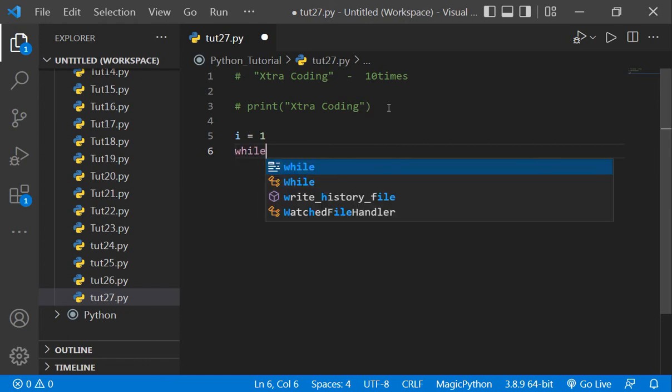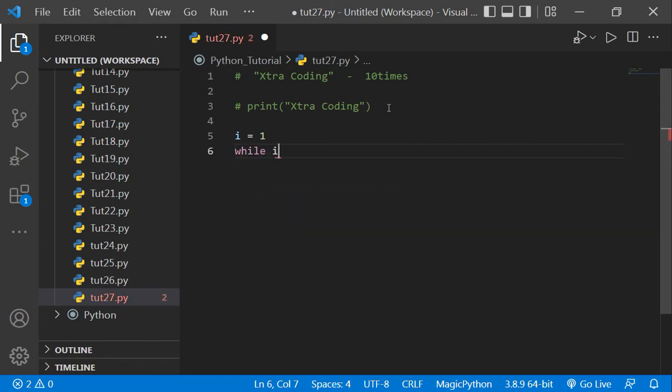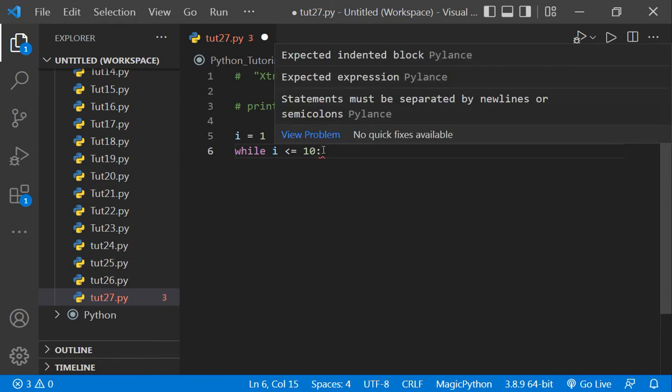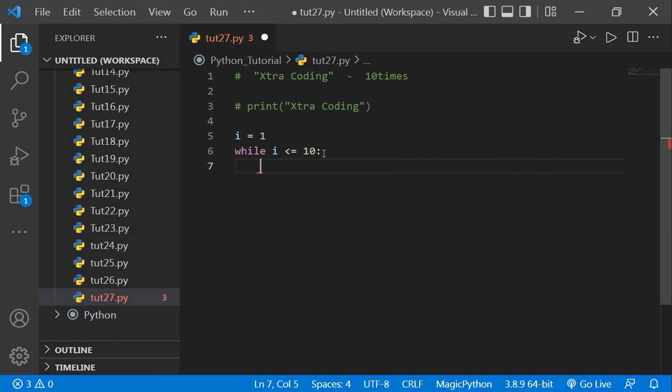While I is less than equal to 10, and here we will put colon at the end. And in the next line we will write this line, print extra coding. Let's copy this and paste it here. And now at the end we will write I